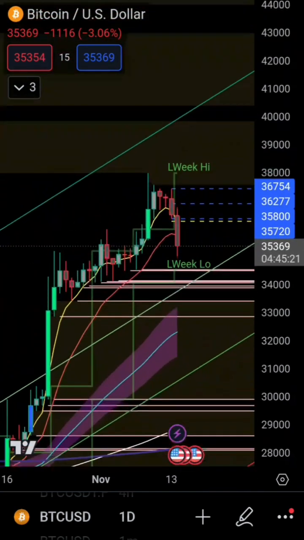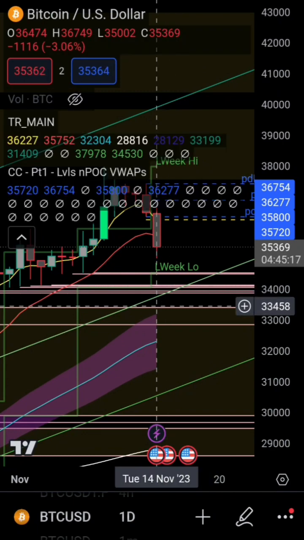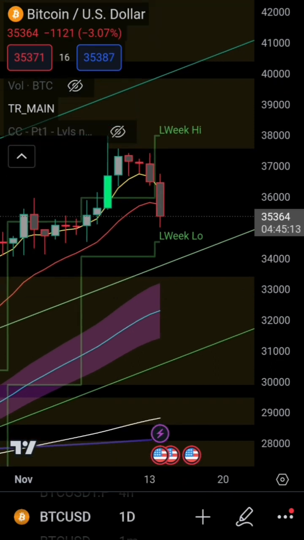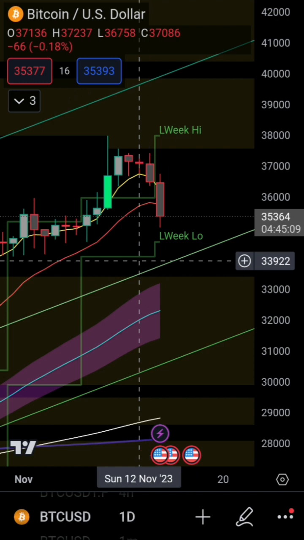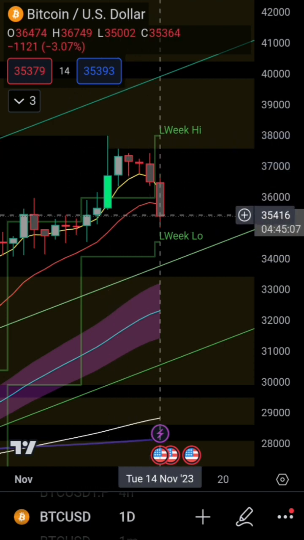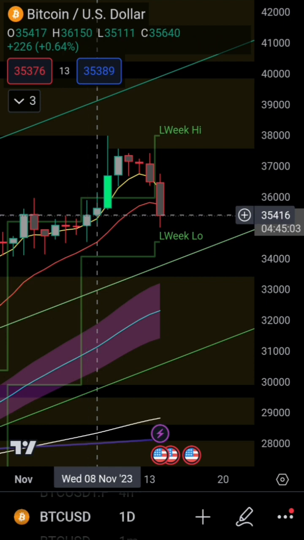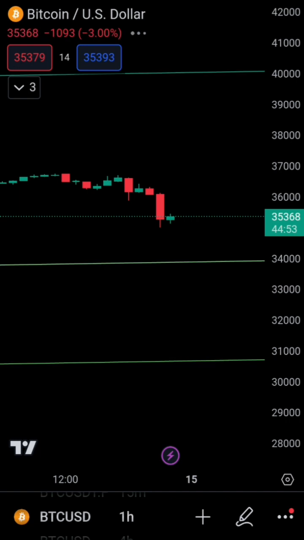Now, looking at this chart, I have this zone over here, which is going to be a naked point of control, and a Fibonacci channel on the daily at around 33,784. Bitcoin recovered this candle and is kind of going to find resistance over here. We need to hold this zone, because if we break below it, it becomes resistance. I mentioned in my previous live and in my Discord, 36K is critical, and you don't want to lose the 50 EMA on the hourly. And as you can see, you lost it even on the 4 hourly.